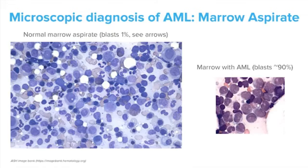If you look here at this bone marrow aspirate of a normal bone marrow on the left, you can see that there are relatively few myeloblasts. It may be a little bit hard to see if you're not a hematopathologist or a hematologist, but take my word for it, the number of myeloblasts in the picture on the left is really only about 1%, and that's normal. It contrasts with a marrow aspirate from a patient with acute myeloid leukemia shown on the right,